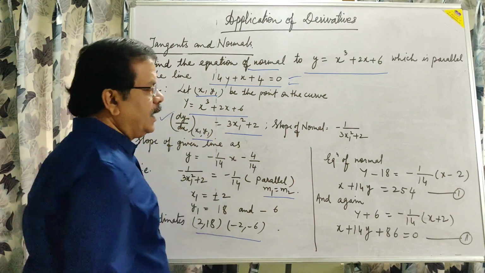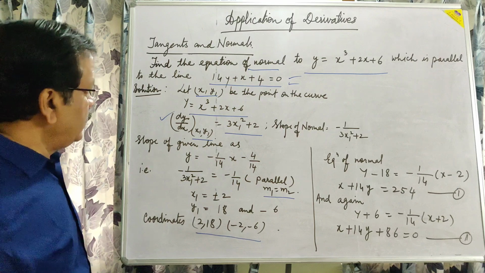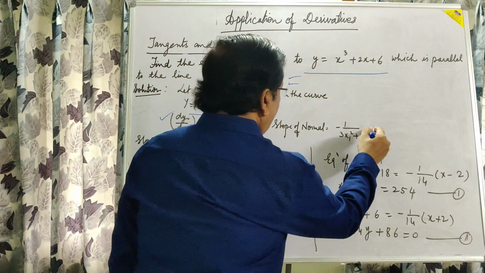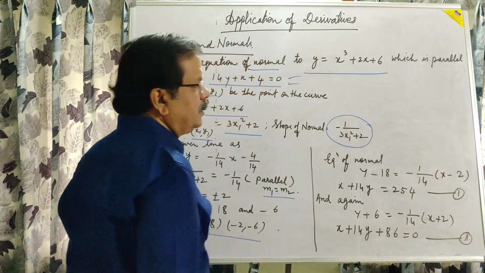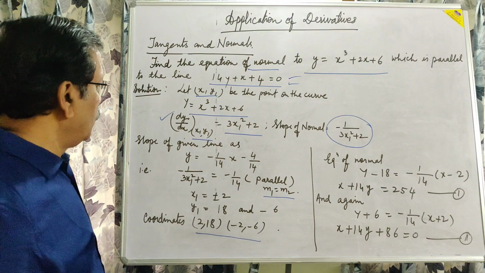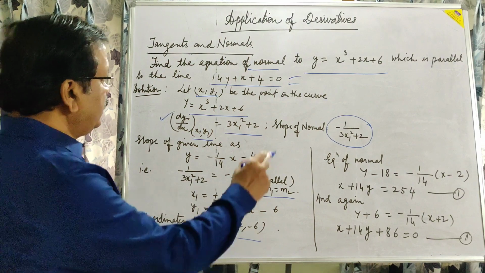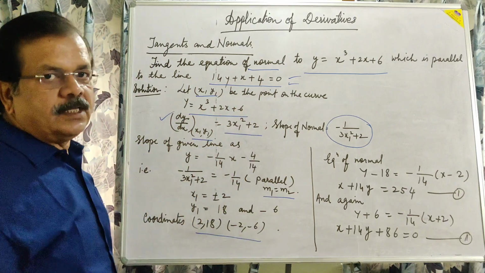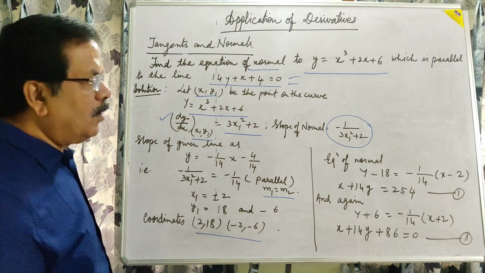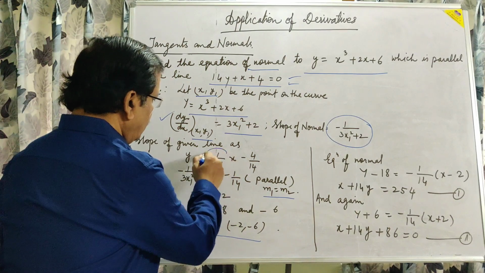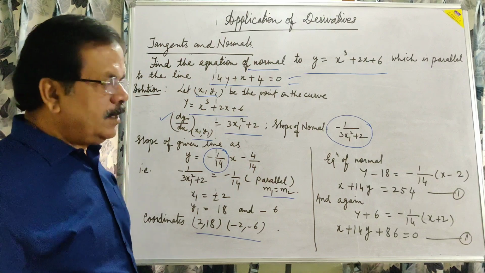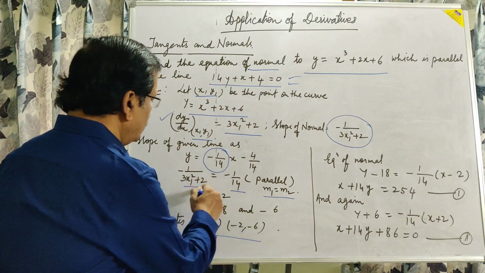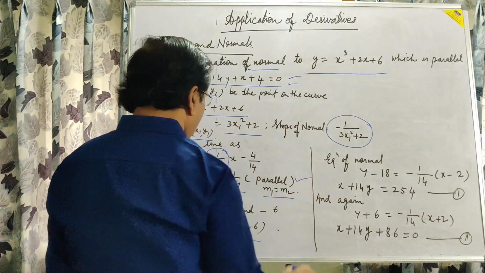This is the slope of the tangent as we just studied, and then the slope of normal will be minus 1 upon slope of this, and that is minus 1 upon 3x1 square plus 2. Then the equation of line is given here, 14y plus x plus 4 is equal to 0, transposing and changing in the form of y is equal to mx plus c, then equating with this we can get the slope is minus 1 upon 14, and both will be equal because this is the given condition according to the question.